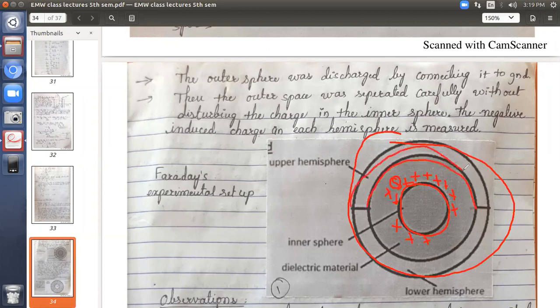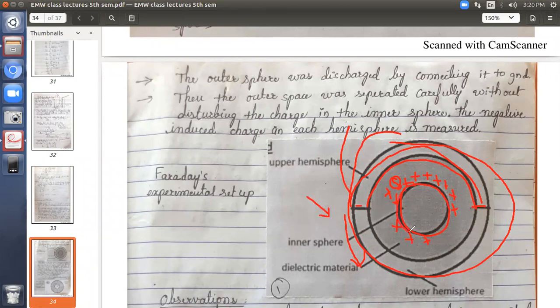If you see, it is a hemisphere. Okay, half, it is cut into two. This part is one, the other part is one. You can ask me, two spheres he can directly take and put one inside the other, just like kids play some games. That kind of arrangement he could have done, but at that time it was very difficult. Nowadays you will get all kinds of materials and machines, everything is easy to make. That time, setting up this experiment was probably very difficult for him.